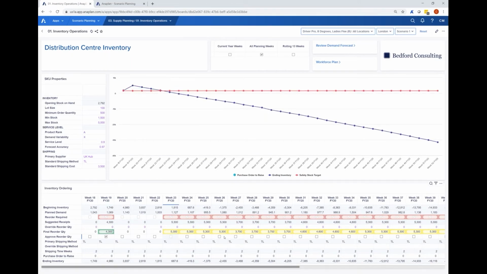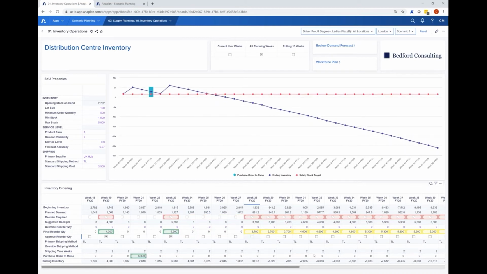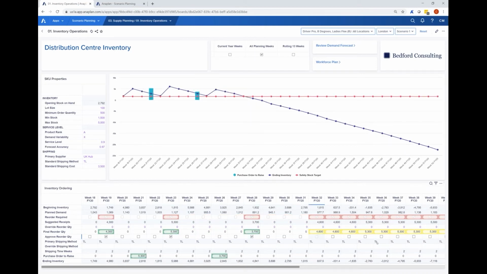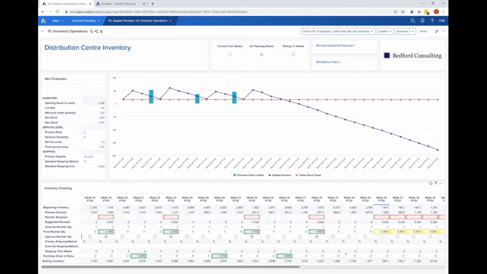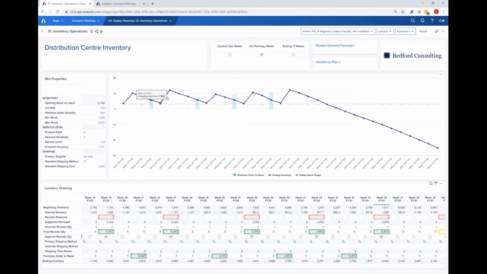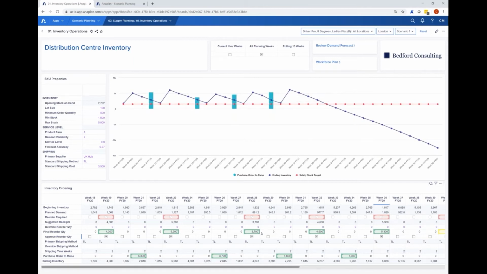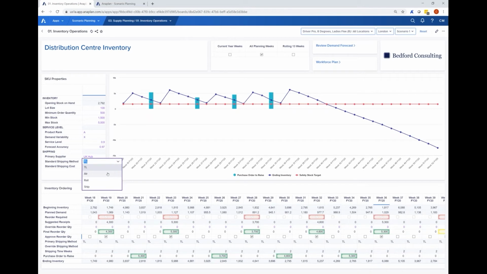If I keep going through and just choose to agree to the Anaplan way, so basically reordering when it tells me to, you can see it's making sure that I'm keeping my inventory above that safety stock line. Going one step further though, based on when we actually need the orders, based on the default shipping method. So you can see here the default shipping method for this particular product is through a lorry. If we have air, rail, ship, we can actually vary the method as well,